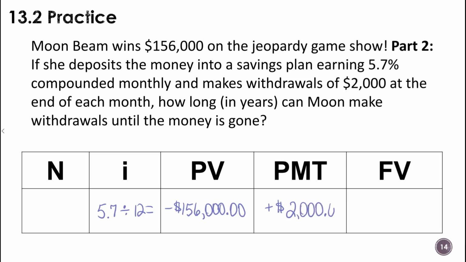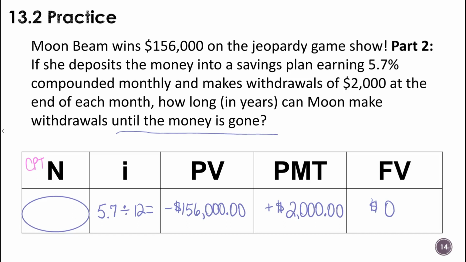It's positive because she's getting that money. Our future value is going to be 0, right, until the money is gone, right? And so then we're going to compute N, and when we compute N, then we can convert that to years